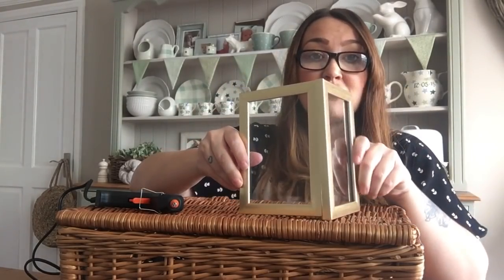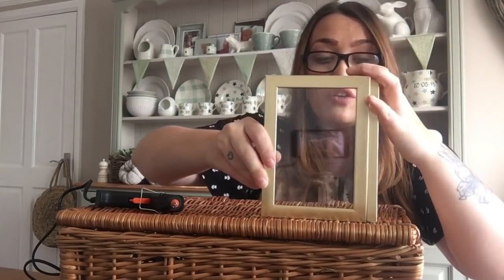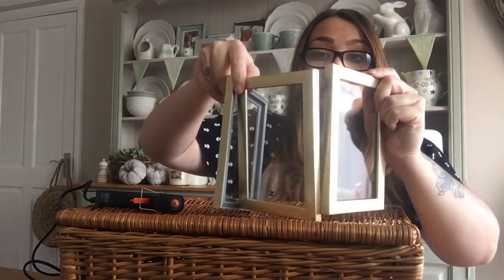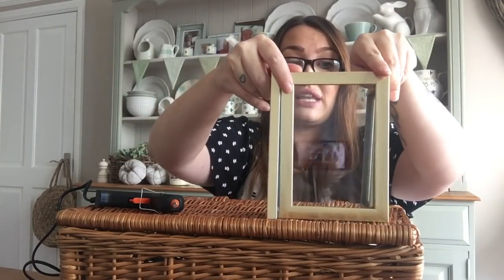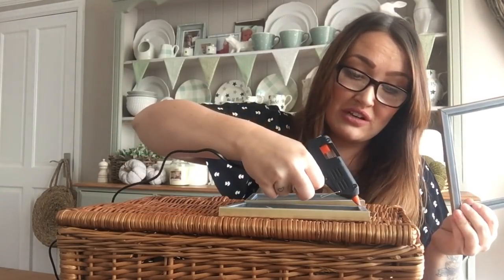Now you can assemble them with the sides together like this and then just do it. It ends up like a rectangle if you do two at the side, because it makes the width go out longer. Or what you can do is do one on the inside like that, then one on the outside like that, and then you will end up with a square. I'm going to do it probably the rectangular way just because I think it will look a bit more polished from the front. So I'm just going to run along that seam